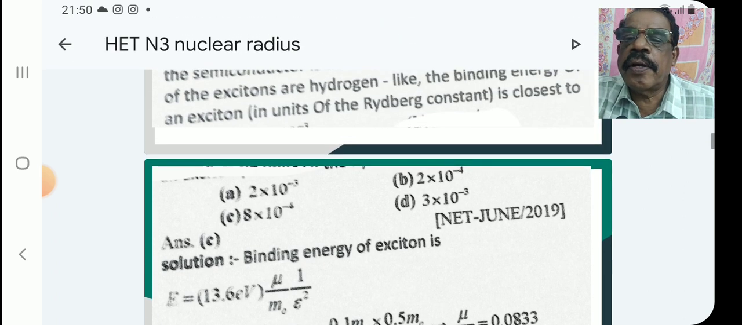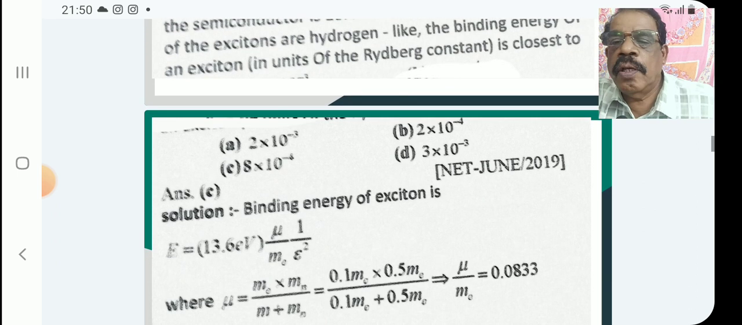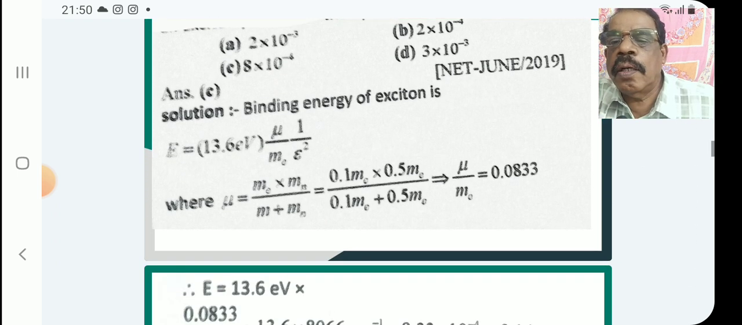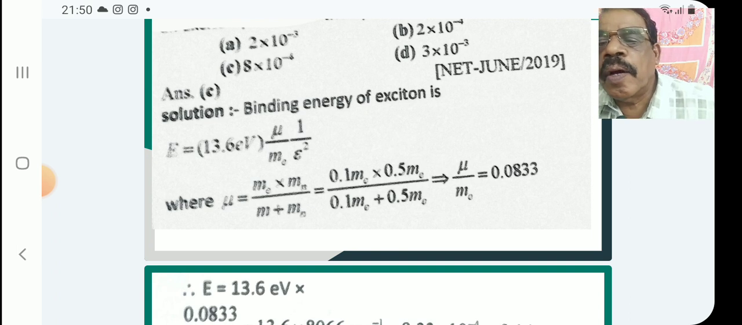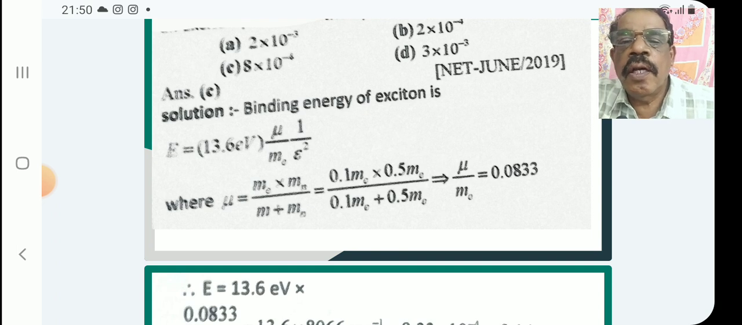The particles given are electron, mass of electron, and hole. So MH, ME into MH by ME plus MH, that is the reduced mass mu. That one calculation we get that value. Therefore, mu by ME is equal to